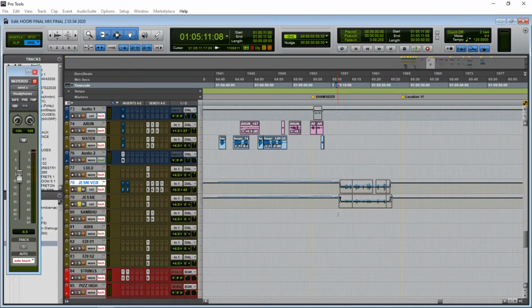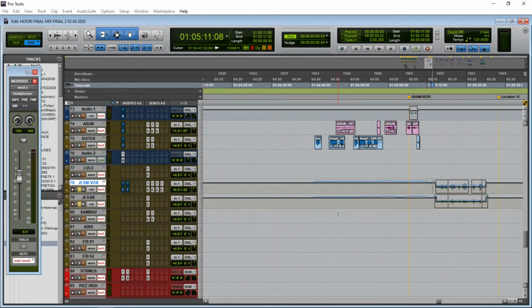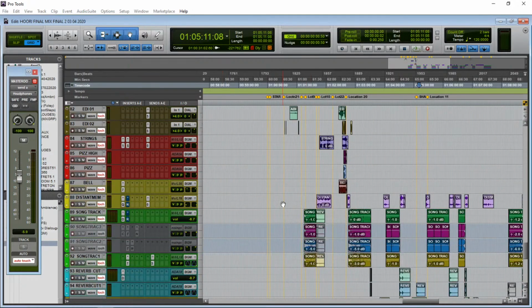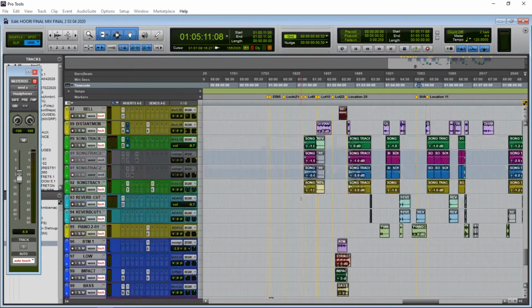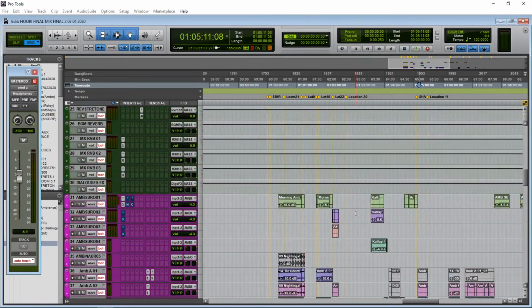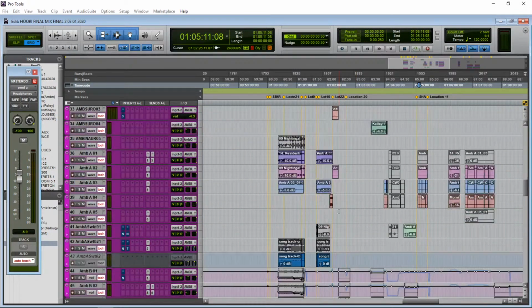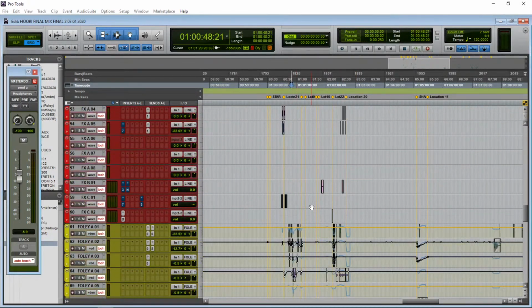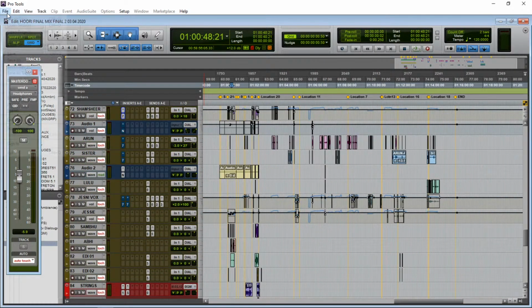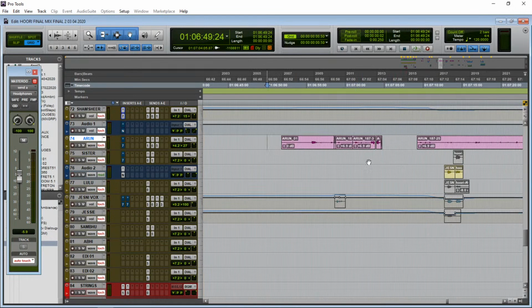Okay, so the difference between send and insert. Talking about insert, I'll show you. Maybe inserts we use more on the music session. We don't use inserts much on sound sessions. So I'll do one thing, let me check. Okay, I'll show you insert with this. So what happens with insert is, say you have, I'll insert an EQ,